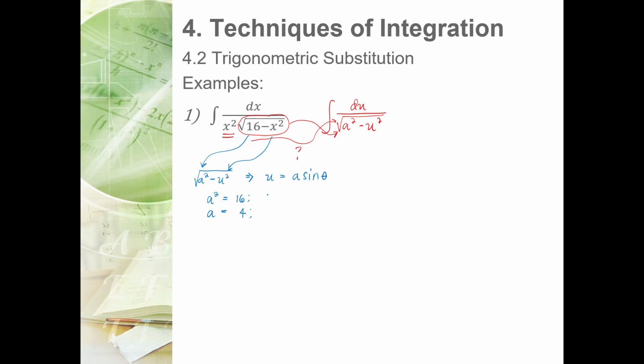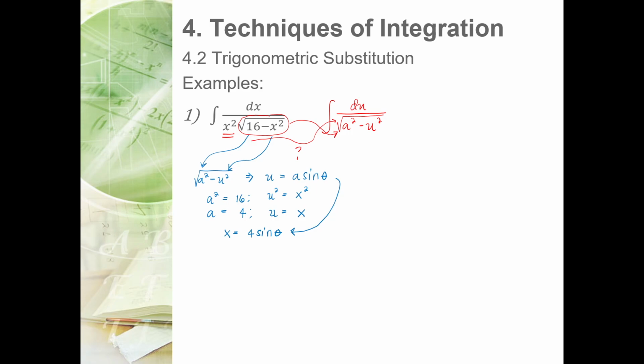Next is our u squared parameter. So u squared is equal to x squared. The square root of this is u is equal to x. Okay. So utilizing the formula, x is equal to 4 sine theta. Again, this is coming from this particular formula. So after determining the a, the u, and the formula,